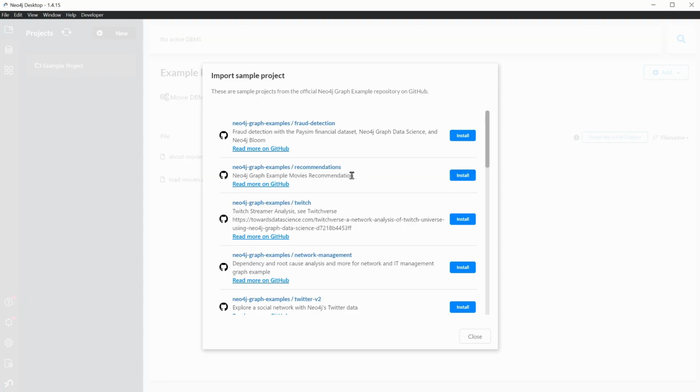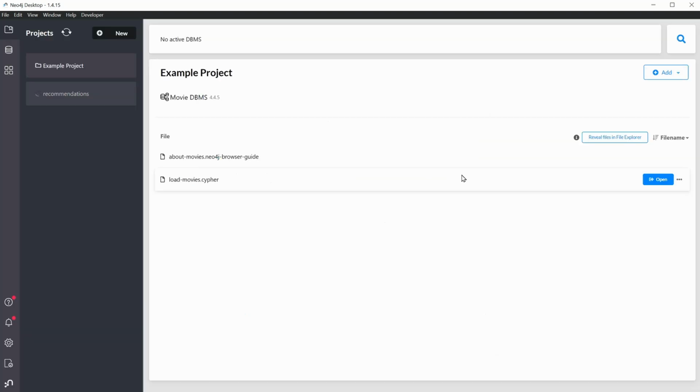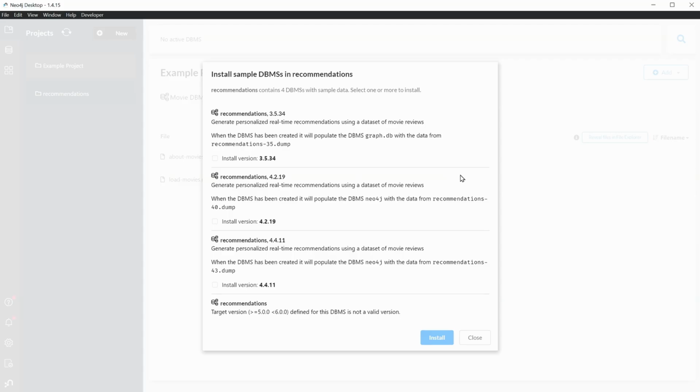The one we're going to use is about recommendations. This will help us explore the concept of graph within a context that we're all familiar with. We'll explore movies, directors, actors, and then users who've actually reviewed those movies. So let's go ahead and install that. It may take a few minutes to complete, and make sure you choose which database version you want to install. And I would just pick the latest. So in this case,